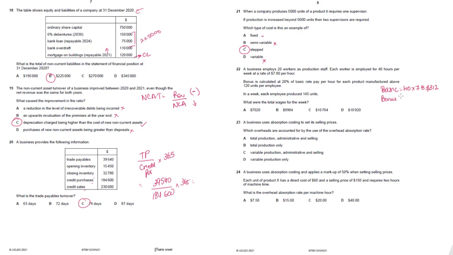Bonus. For bonus, you'll have to see how much extra output is produced. Based on the extra output produced, the management will give the workers bonus. Extra output over and above the target is 25: 145 minus 120, 25 units produced. Now these are in units. What I'll do is convert this into the time saved by the management because of these extra units. For 40 hours, the target is 120, which means in every 1 hour, the management expects them to produce 3 units. So for 25 units, the time expected would be 25 divided by 3